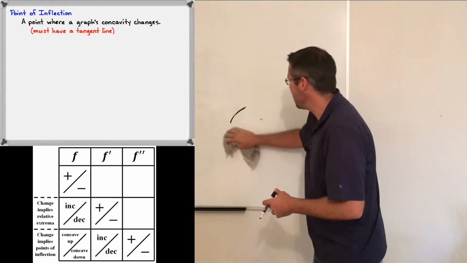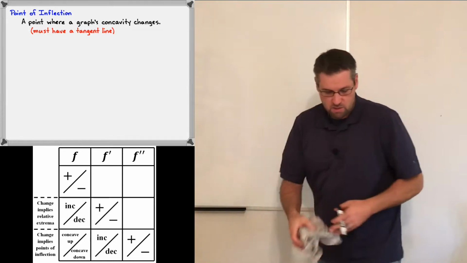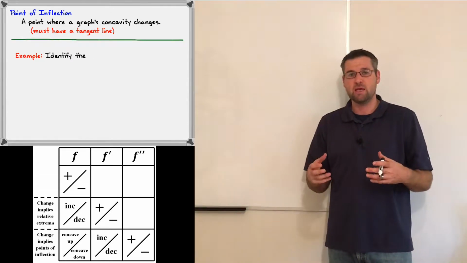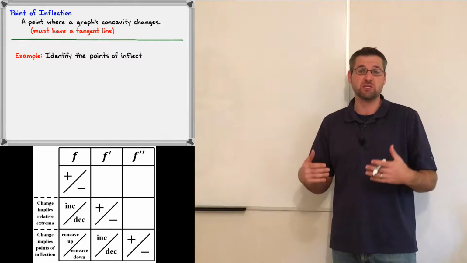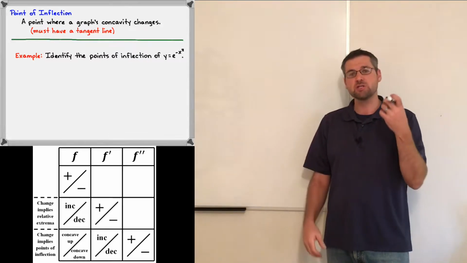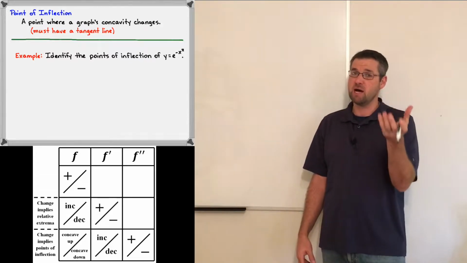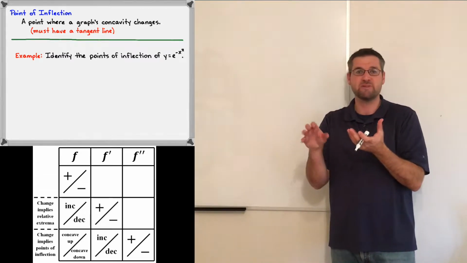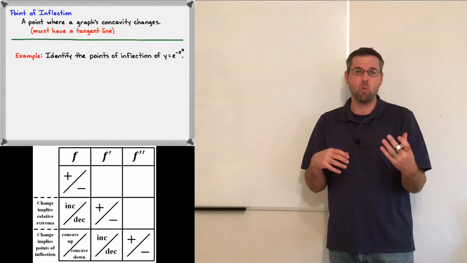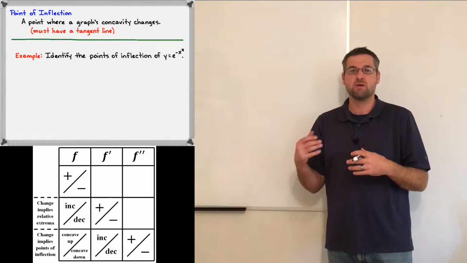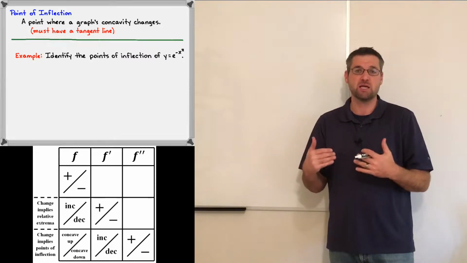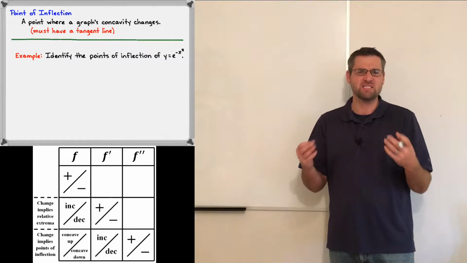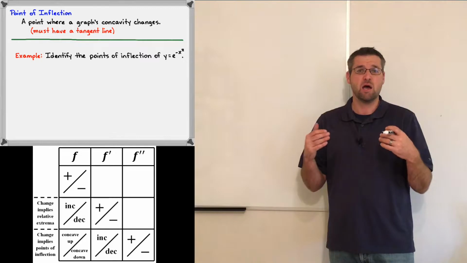Now with that said, what are we looking for here? The bottom line is, for a point of inflection, we're looking for when the second derivative changes signs. Because if a function is concave up, the second derivative is positive, and if the function is concave down, then the second derivative is negative. So if it's going to change from one type of concavity to another, the second derivative must change signs. But we also have to check to see that the first derivative either exists or it produces a vertical tangent